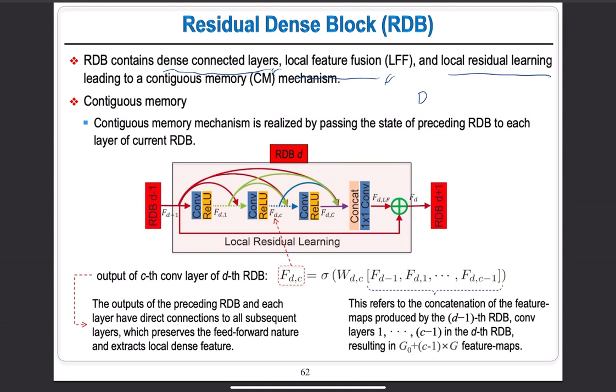Dense connection is where each layer receives input from all previous layers in the block, and local feature fusion, which can be called LFF, is implemented via a one-by-one convolution to combine all dense outputs. And the third one, local residual learning, is indicating that